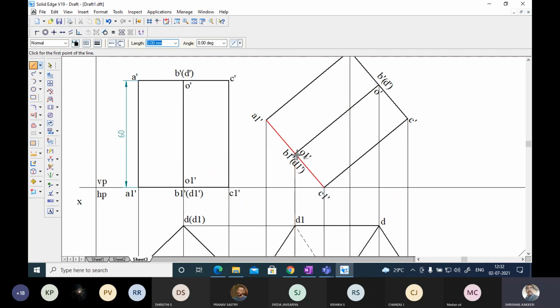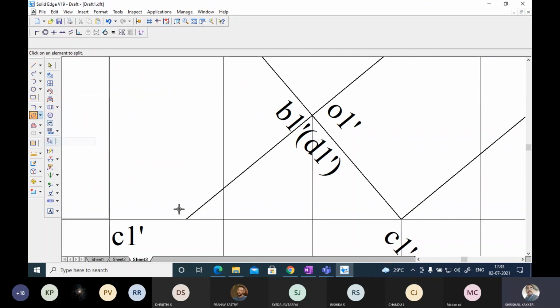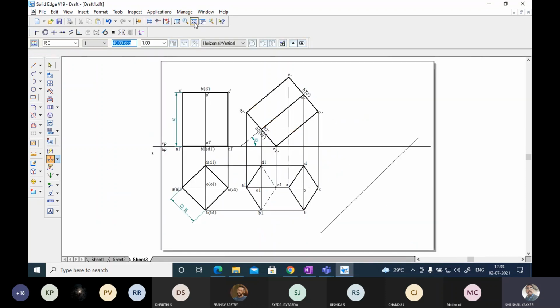Here take a line, okay, or you can extend this line, and at this particular point you can break it. You can break this line. What? You can go to split. Go to split and click onto the intersection of this. Okay, this portion will be removed, and you can make it an axis line, center line. This becomes the center line, and you can show the angle for this also. This will be 40 degrees. I have shown this angle. Now next,